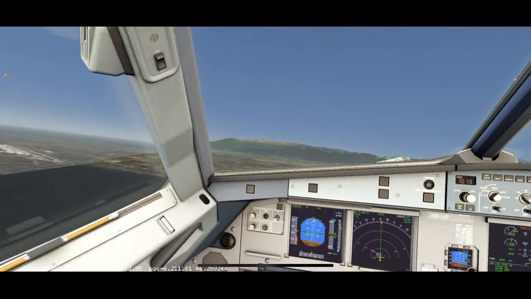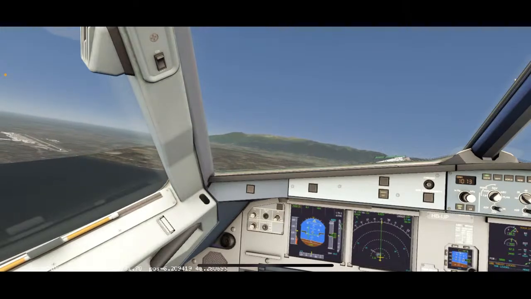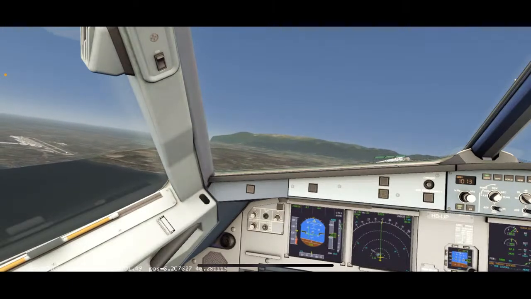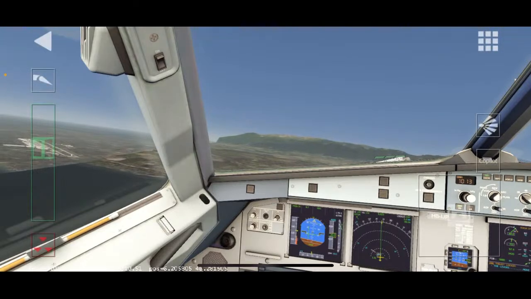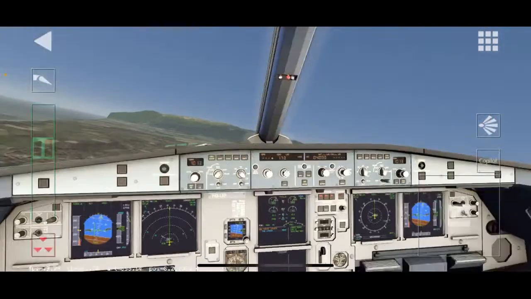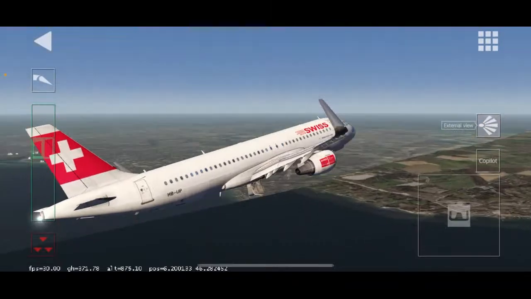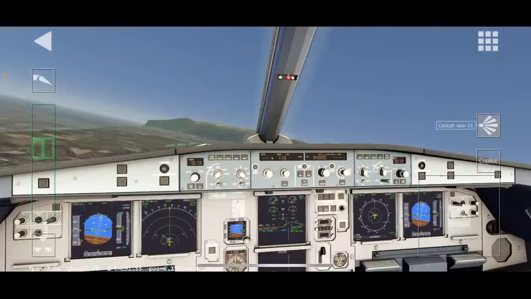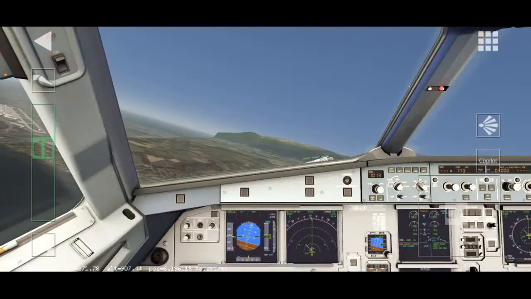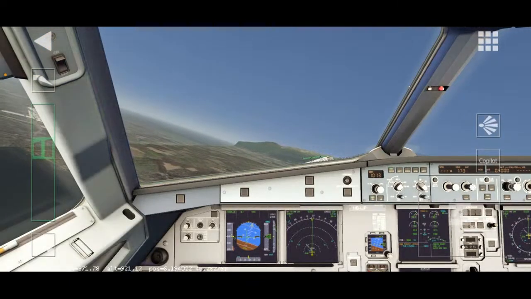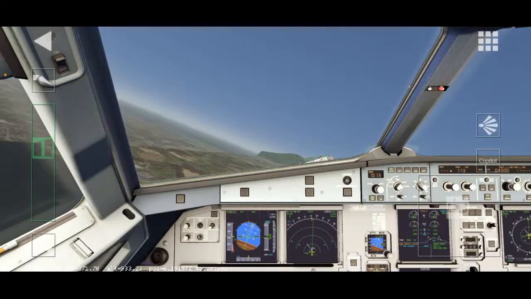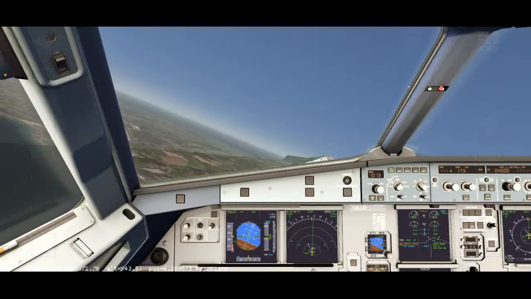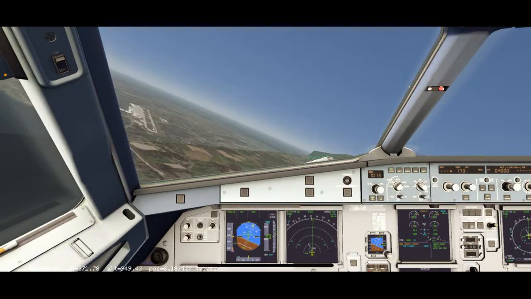This makes it a little bit harder because we're gonna have to do a very steep descent. What is going on? Why am I getting a caution light? I'm good right now. Why are gear going up? Oh my god, I thought it stopped working. See, this is the only problem, is now I have to do a very, very, very steep descent, like London City. Like, are you kidding me?